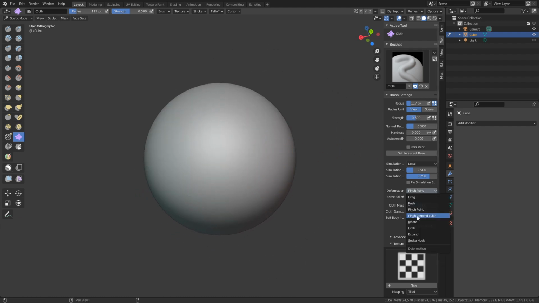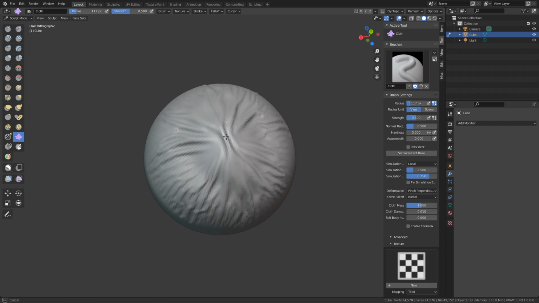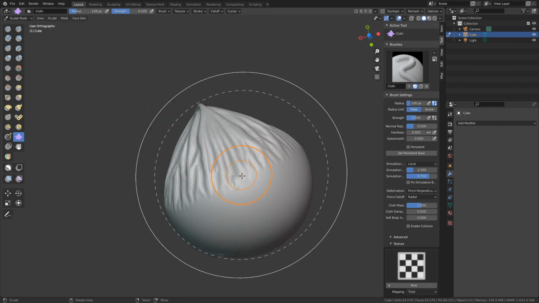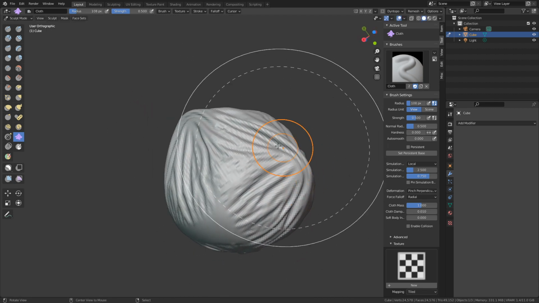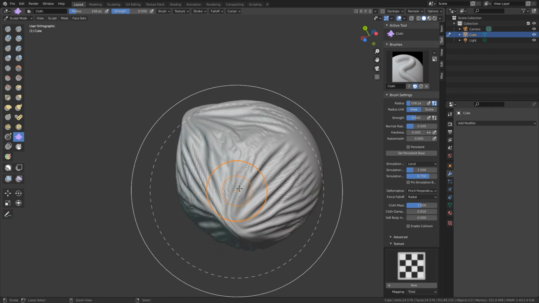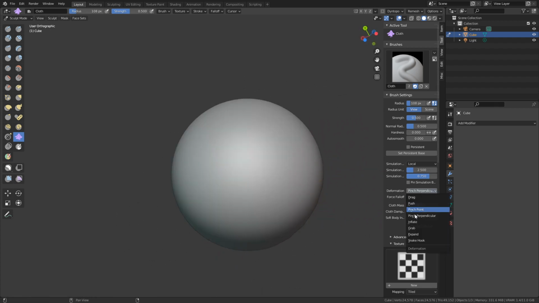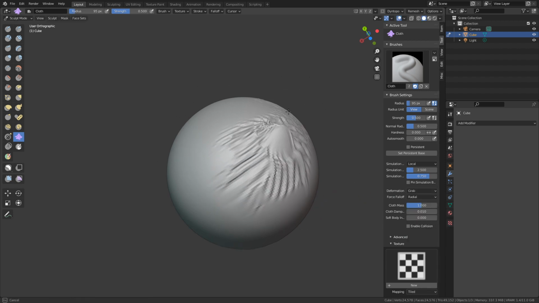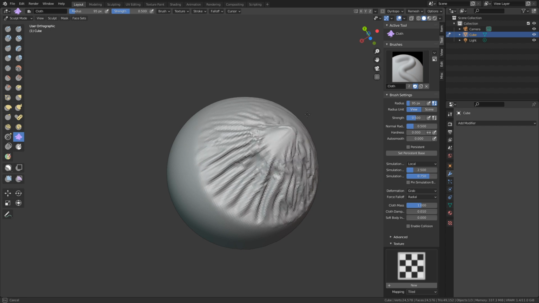We also have pinch perpendicular, and this is like pushing the cloth into the same point, but in the direction in which I put the stroke. This is like doing it in the direction of the stroke. I will press Ctrl C. We also have inflate, that is pretty self-explanatory. We also have grab, and this brush is to take a piece of the surface and